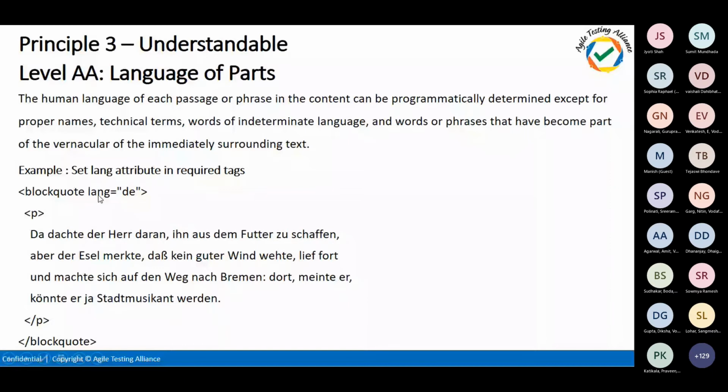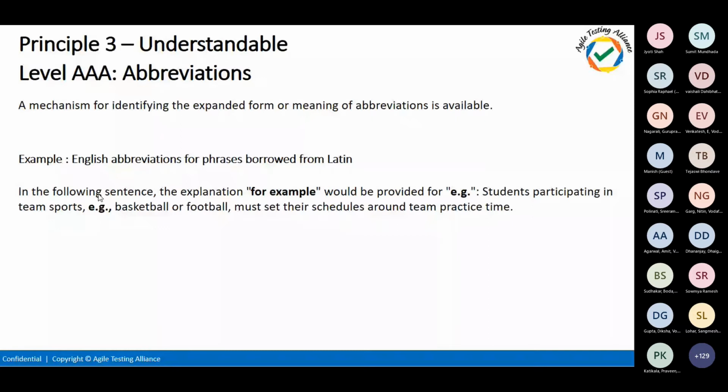And the final one, as I told you, is the abbreviations. This is a level AAA test case where all the abbreviations need to be expanded, and the words we use, for example, live and live, which have the same spelling, need to be chosen properly. If such words cause a problem, then we need to decide on the proper words and proper abbreviations. And WCAG doesn't say you should not use abbreviations. What they are saying is that if you are using an abbreviation, then you should link that abbreviation to a proper definition.